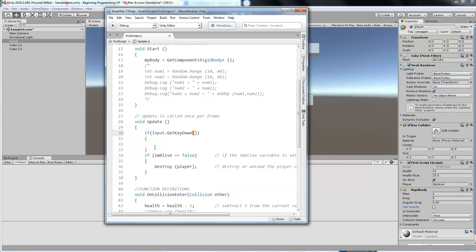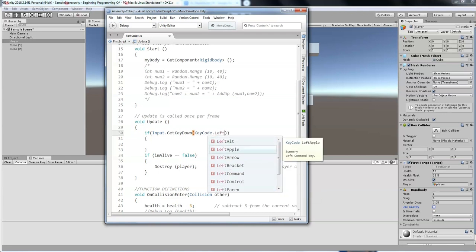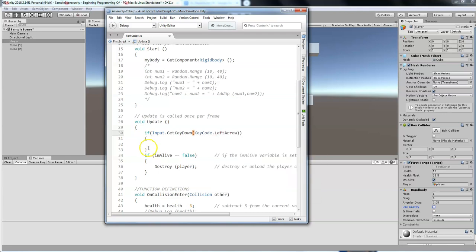So we say KeyCode.LeftArrow. So if Input.GetKeyDown(KeyCode.LeftArrow), if someone is pressing the left arrow key, well then